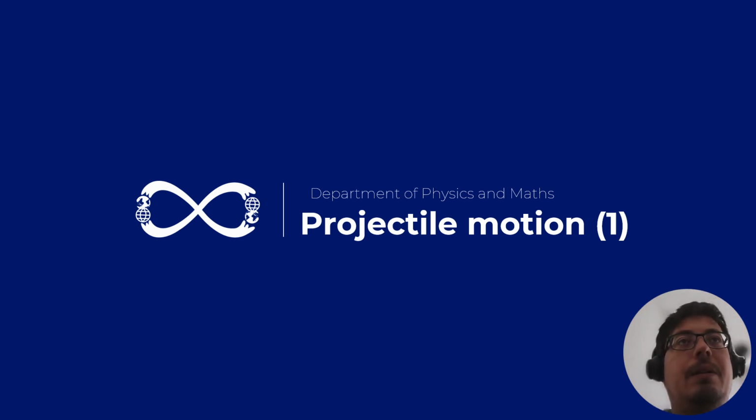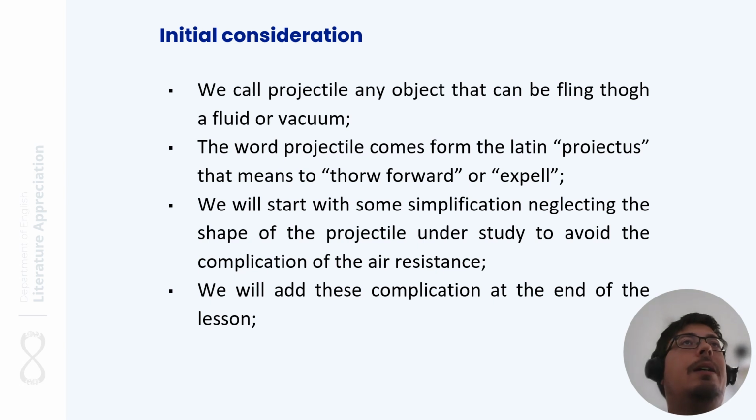Today I will be talking about projectile motion, part one. We will be explaining what a projectile is in a very abstract way, in simple terms, and then we will do some approximation to tackle the problem such that it is easy to follow, but it will give us the basis to then complicate it a bit more in lesson number 2, when we will add back some of the complications we are neglecting now. So starting from the beginning, we call a projectile anything that can be flung through a vacuum